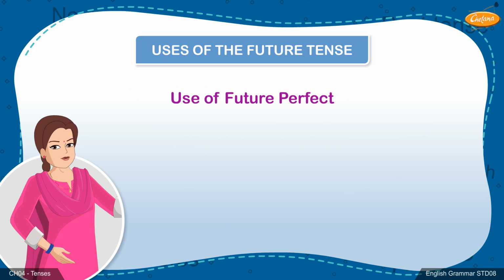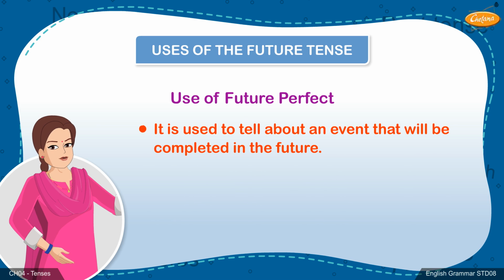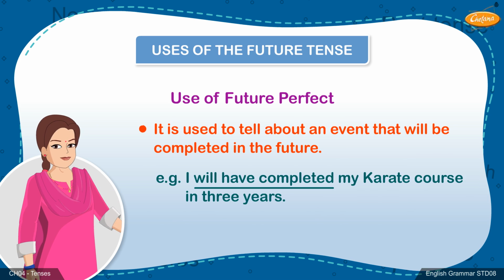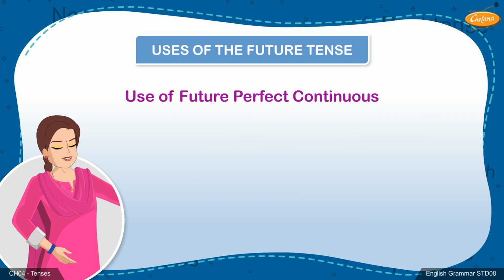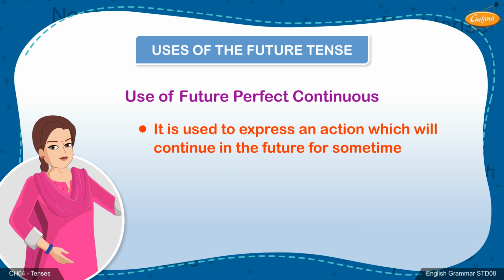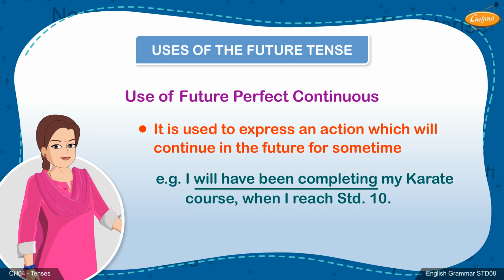3. Use of future perfect. It is used to tell about an event that will be completed in the future. Example, I will have completed my karate course in 3 years. 4. Use of future perfect continuous. It is used to express an action which will continue in the future for some time. Example, I will have been completing my karate course when I